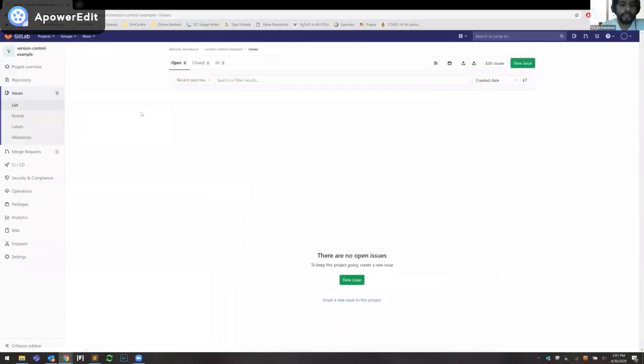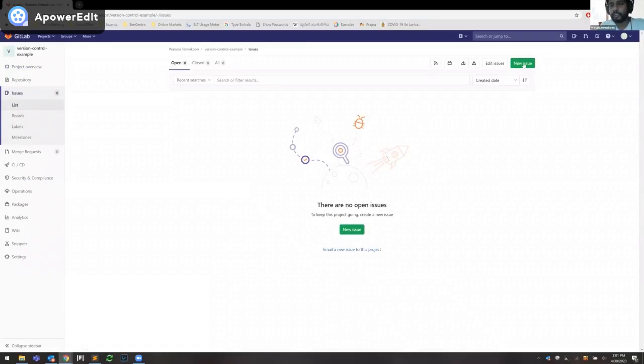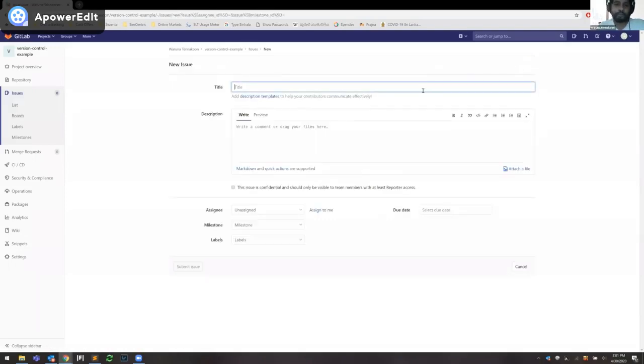So this is the ideal way of working in a Git project using GitLab. So you can create a new issue. Let's say in your project also you find a bug and you want to assign this ticket, we call this the ticket, to someone else. Let's say I found a bug.